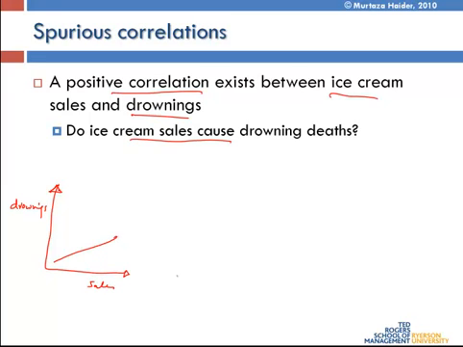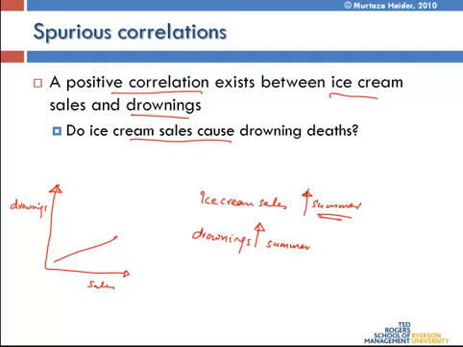So you may think that ice cream is responsible for the deaths, but the reality is that ice cream sales go up during summer, and because you don't buy that much ice cream during winter months, especially if it's freezing cold out there. And also drownings, this is death due to being submerged in water. Drownings, they also go up during summer months because people go out swimming, more common during